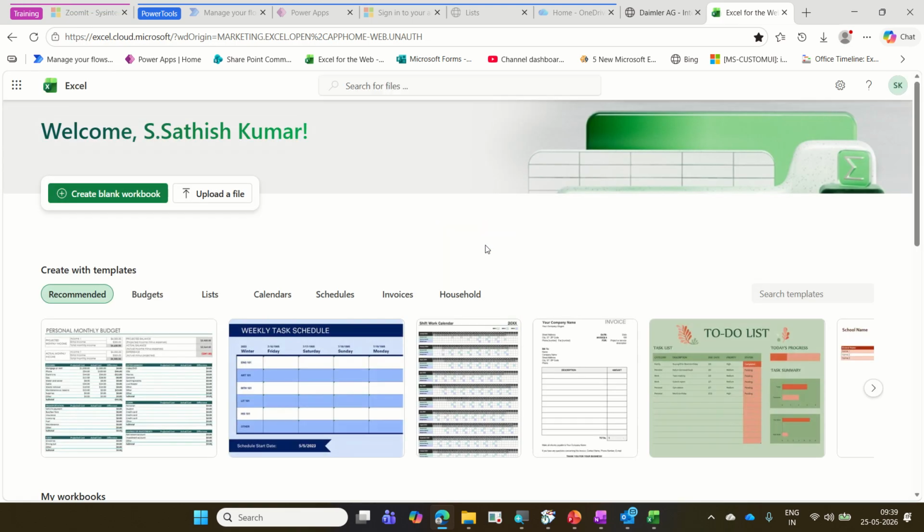You can create a table here. If I go to online Excel, Office 365 Excel, I can create a workbook here, or I can upload this file and use this online Excel also. Since Power App is online, your Excel should be online. One method is you can create an online Excel file. This is one method. Second method,